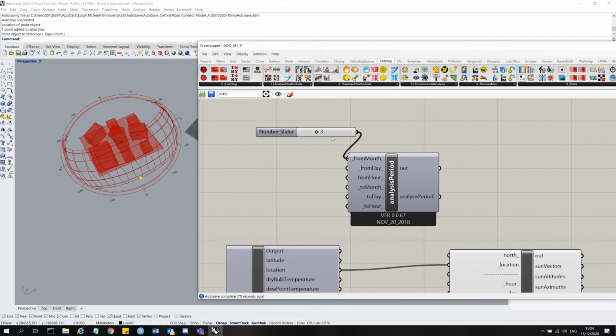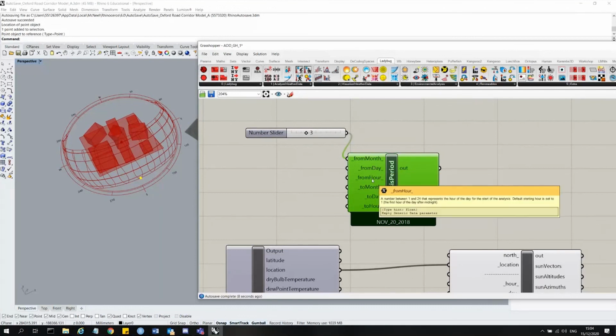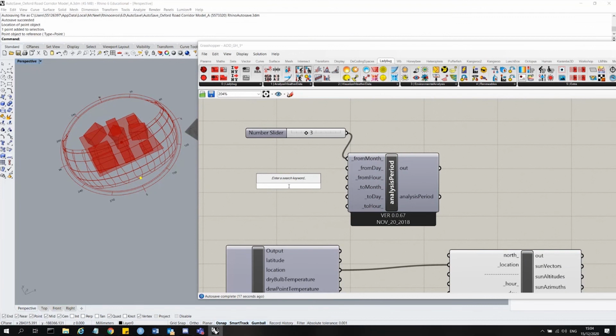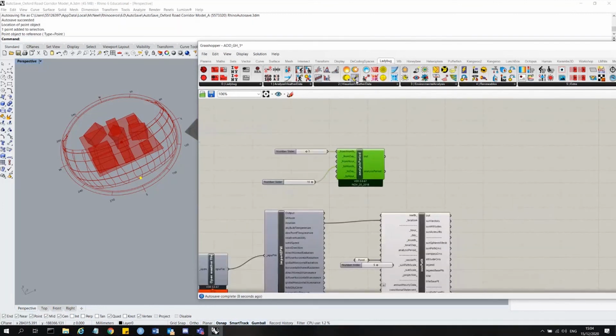So from 3, from date. This doesn't matter. It'll start from 0. It's not very important for us. If I want it to start from the beginning of the month, I'll give it 15. From hour, that doesn't matter as well. I want all the hours of the day. To month, let's say I want it to 10. And then this already outputs a data format that, because it's developed by the same person, it knows just goes in here and works, right? I don't have to make all these lists and manually change them. So if I just plug it in, I'll give it a few seconds,